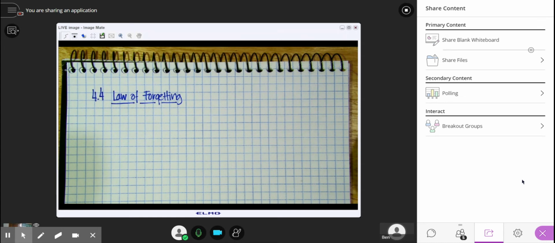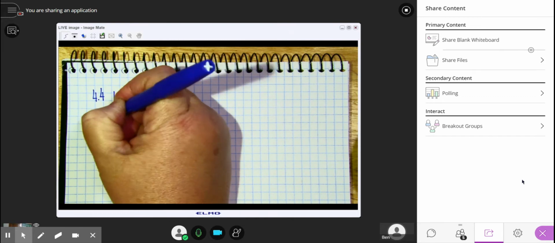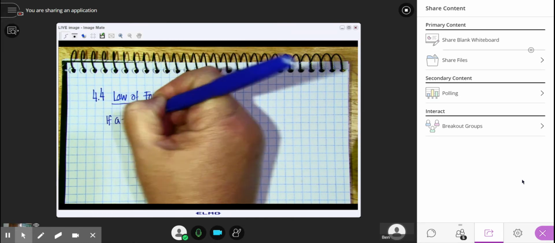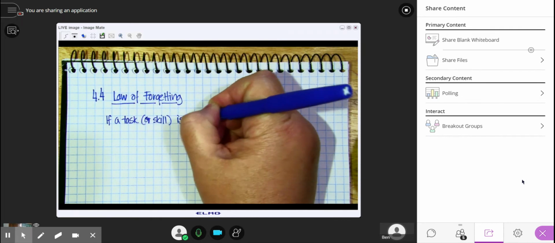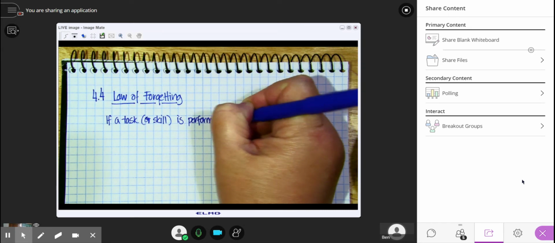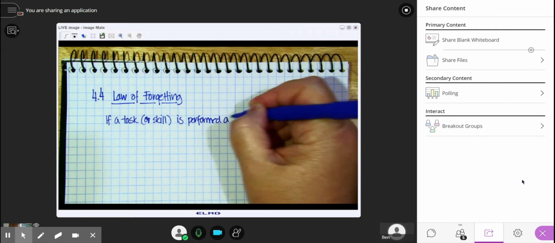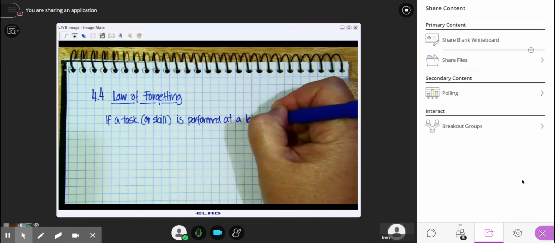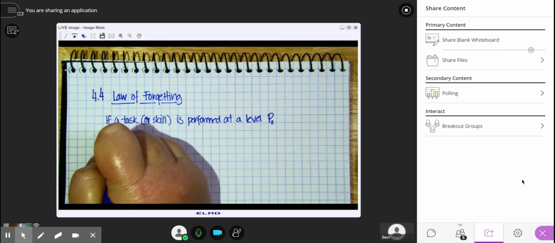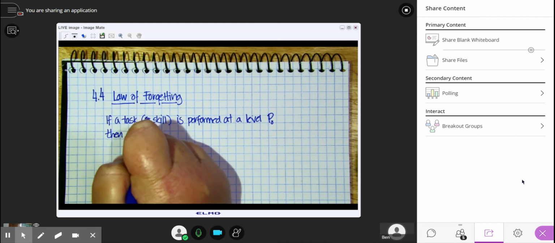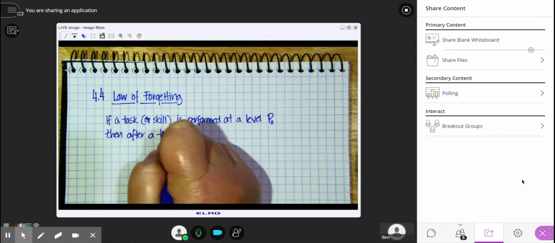So what this law of forgetting does is it's a way to measure what your new mastery level would be. So if a task or skill is performed at a level, let's say P sub 0, then after a time,